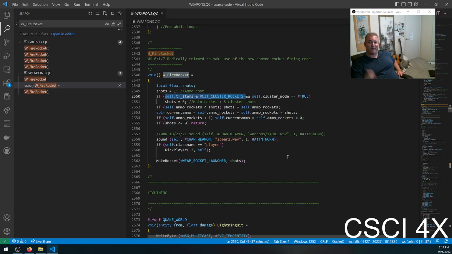So the bitwise we're talking about here, though, has nothing to do with Fresno's Bitwise. The Fresno people are just named after the bitwise operations here. So this item here, TF items, this is a float, but it's also an int. It's kind of their own weird thing going on there. Basically, there's 24 bits of precision, and what they're doing here is they're using each one of those 24 bits to represent a different item, and you either have it or you don't have it. So what this is saying is if the person has cluster rockets